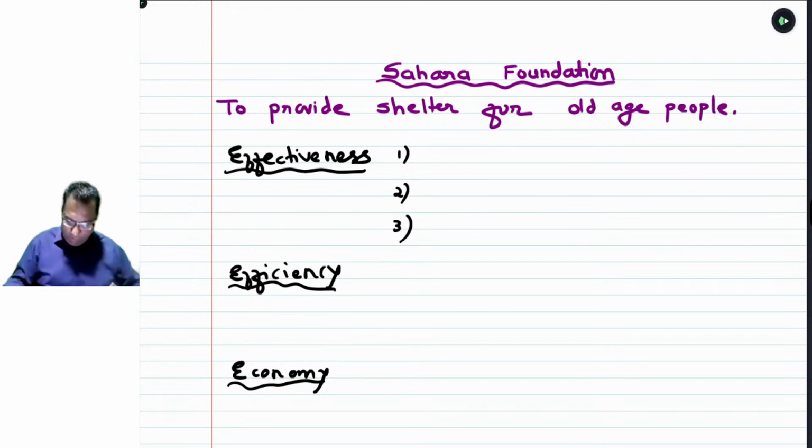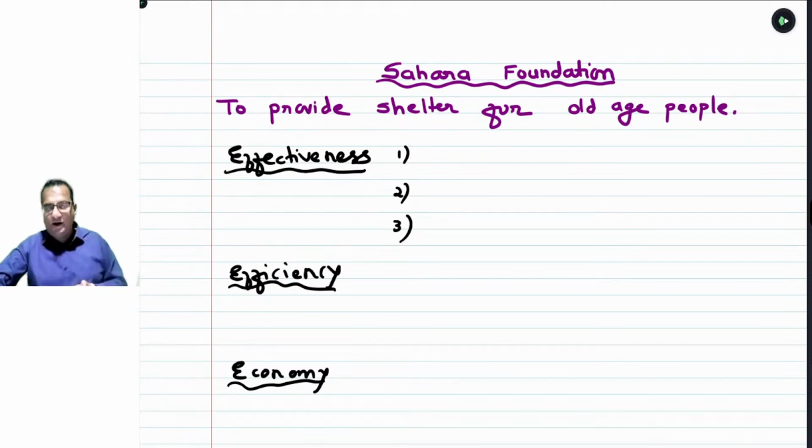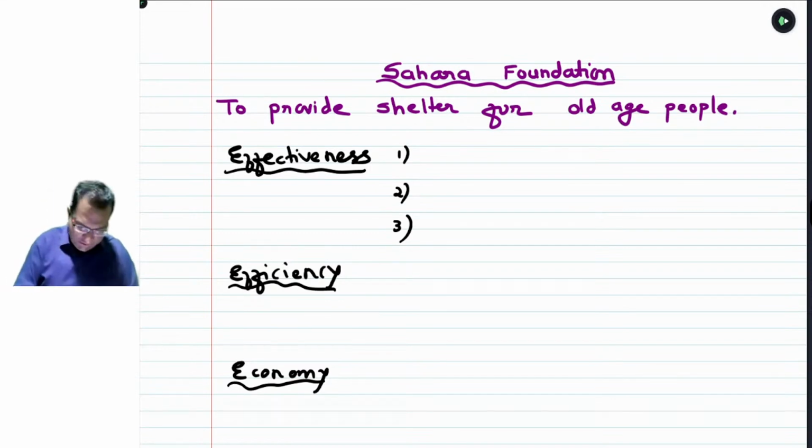Please write down one more point. Very good beta. Dixit, Bhaumik, Seema Suresh, Shrivani, Kakkar, Aniket, I don't think the paper checker will deduct even a single mark for the answers provided by you. All of the answers provided by each and every student are 100% up to the mark. Yes, this is the basis through which we will check the performance of a not-for-profit organization. Write down one more example.